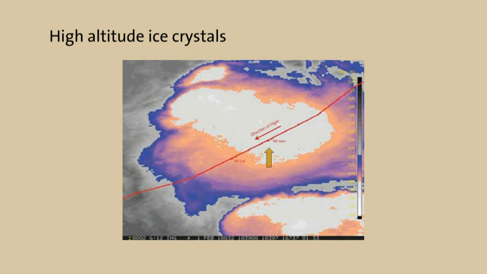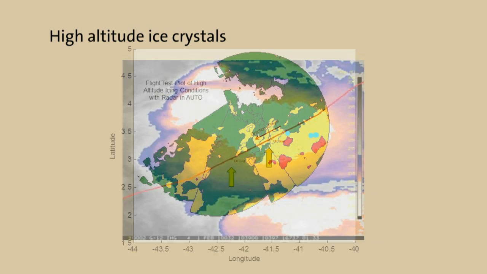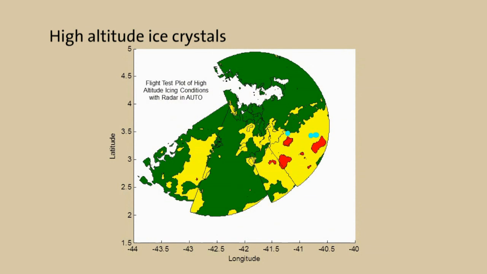In this case, the aircraft transiting the area experienced TAT anomalies about halfway through the ice crystal region, and the anomalies stopped shortly after exiting. Initial flight tests and incidence reports have shown that when in auto, the radar's variable temperature-based gain function often displays